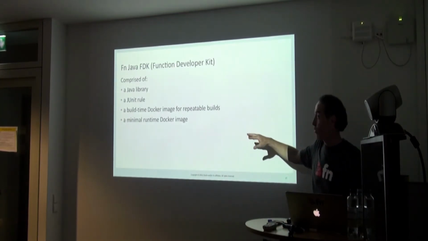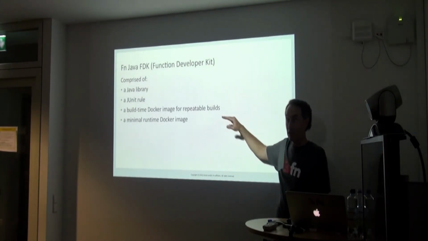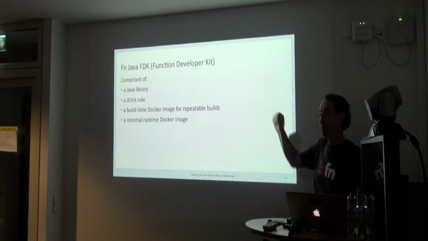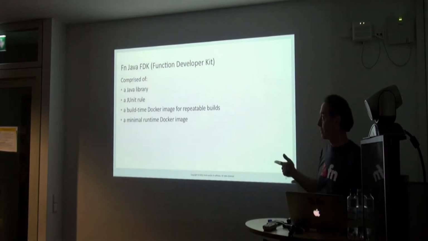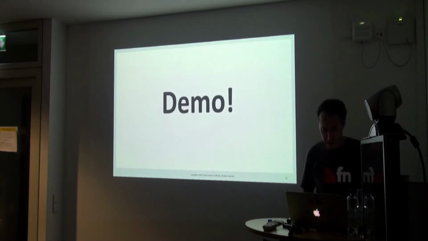Small Docker images are important. So we want small images that contain just enough runtime to run your Java application. This is sort of a set of things. For each language we have this: Docker containers for build, running, and libraries. So let me just show code to be more clear.